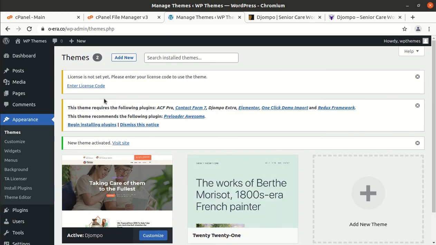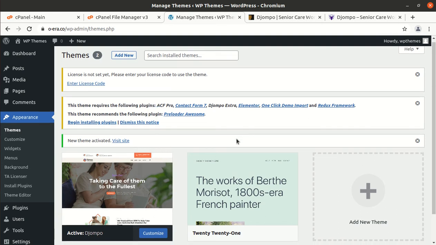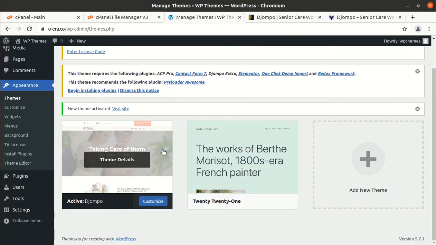Upon activation, we got an alert that we need to install certain plugins, and this theme uses Elementor and the Redux framework. Both combine very well, and it is really a technology advantage that this theme uses Elementor and the Redux framework as a combination. It is going to give you a technology advantage for your website.